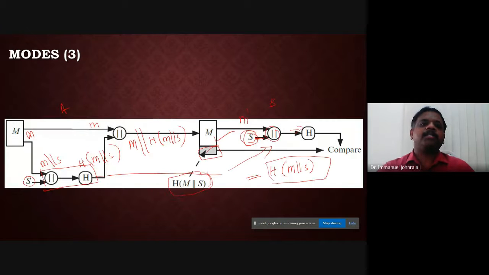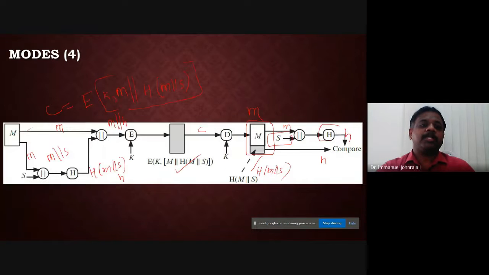The third one, instead of encryption, why encryption is not used, sir? Yeah, we'll talk about that shortly. Instead of encryption, you use the secret key just to confuse the attacker. This message and this value which is already exchanged between the sender and the receiver is appended for the hash value calculation. Then the story remains almost the same as the previous case.